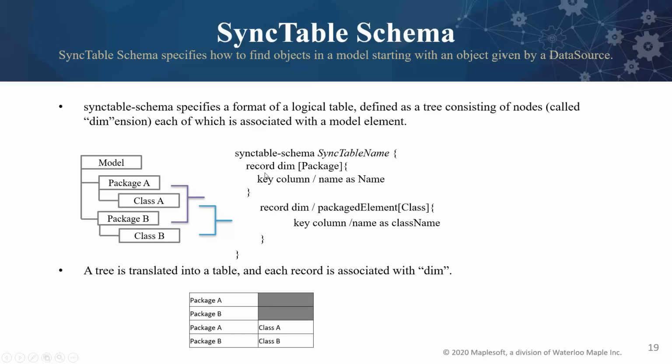And in case the user does not use a record and they don't want to display information in a unique record, if you remove record, this is what the output of the table will be. By default, the last dimension is always record. So that's why the last information, class A and package A, is displayed, and class B and package B is displayed. Because if you remove this record, this will be the output, because we are not specifying MapleMBC that it should create a record for each unique information.